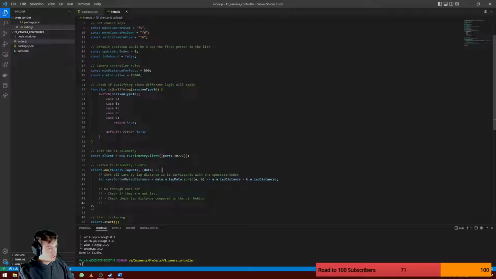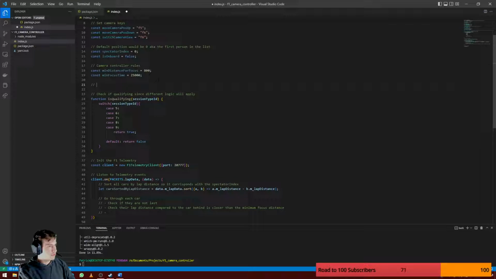So it will go through each car, check if their lap distance compared to the car behind is closer than minimum focus distance, then we also need a camera controller